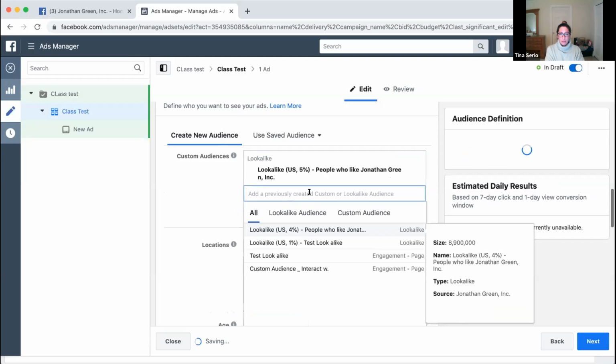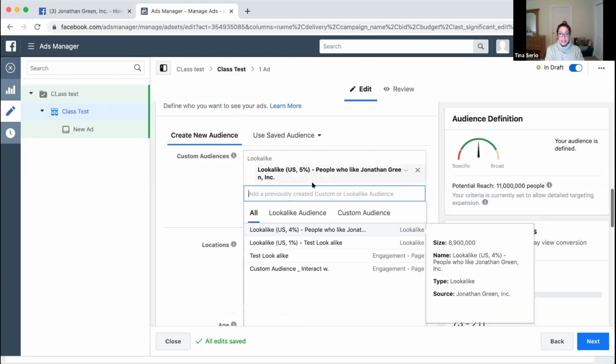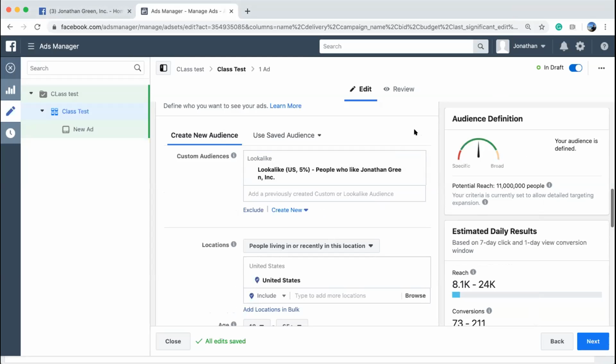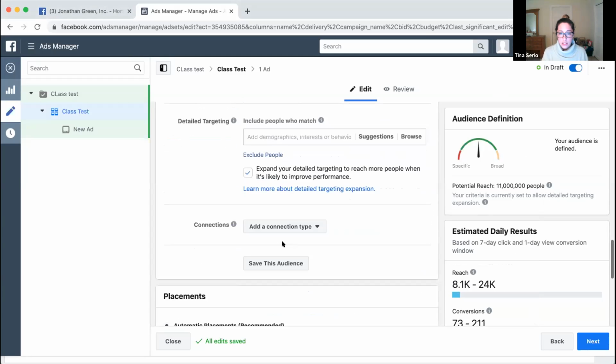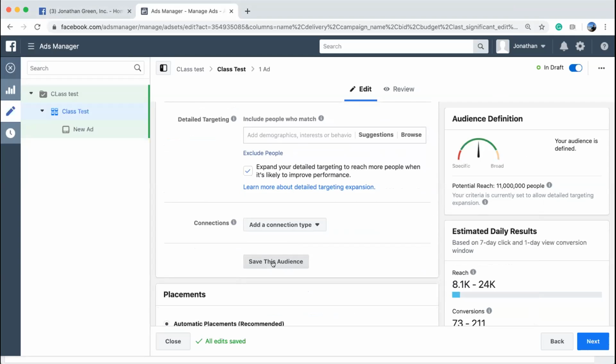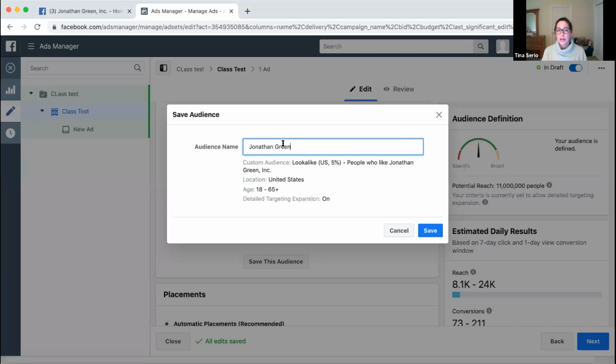You'll want to save them, I believe, if you want to use it in another ad set. So I'll show you how to save it. Go ahead and just click off to the side to get out of that drop down. You can add a whole bunch of lookalikes in here or add additional targeting. As you scroll down this page a little bit and stop, then click save. So say you add in lookalike, and then you layer on location and a whole bunch of other stuff. You can create a saved audience and just use that in the future.